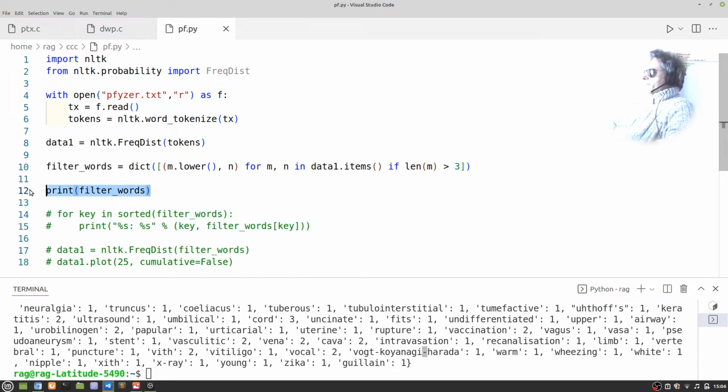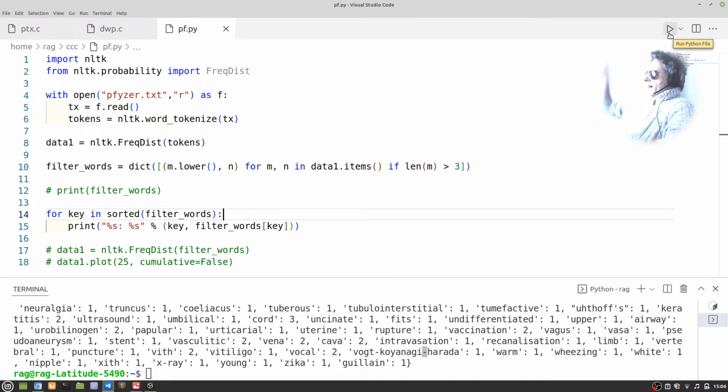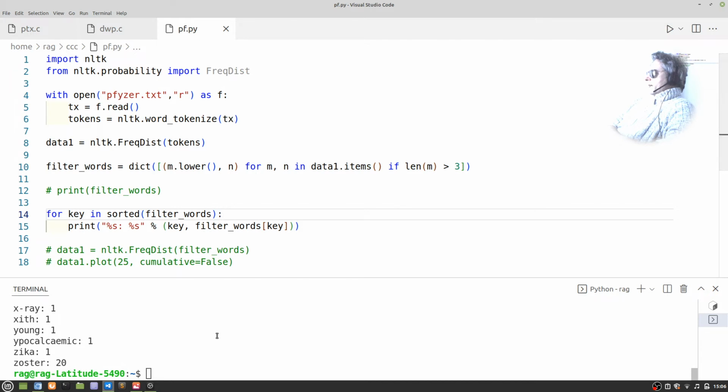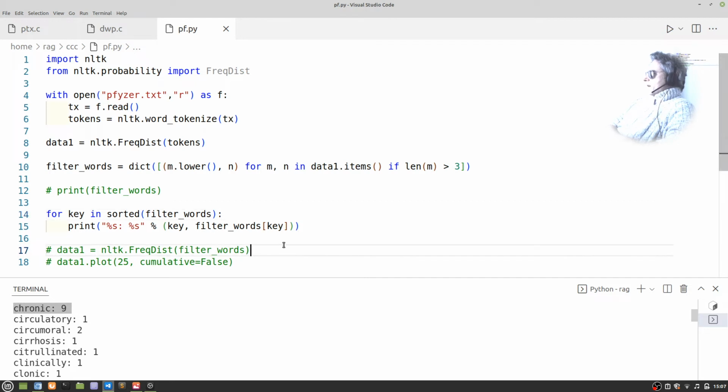So just going to comment this out, and we'll go here and let's uncomment that. That's actually just going to iterate through all of them, and then it's going to print it. We should get a line of the keys followed by a colon followed by the frequency. And there we go, you can see it down here. So I think the highest frequency ones will be nearer the top. Oh no, it's alphabetical, sorry. Yeah, so chronic occurs 9 times. So without going through that list, that would actually